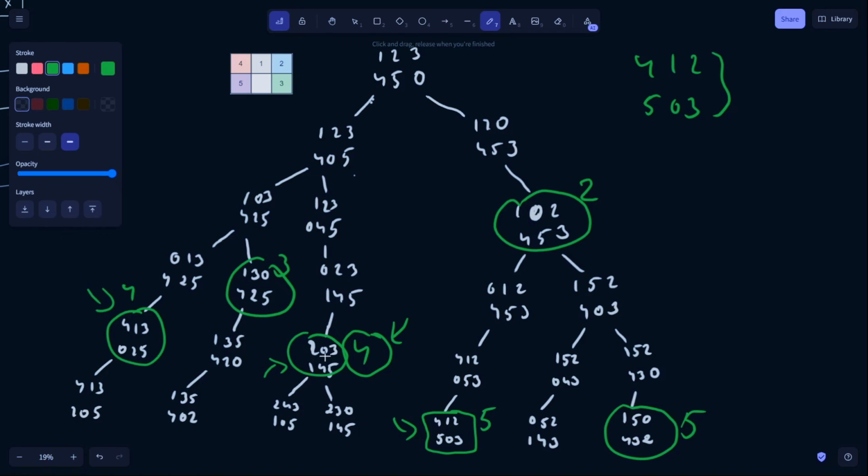This board is in level 4, so the answer is 4 for this one. If we're given this one, we can say it only needs one move to reach the solved state. So that is basically how we do it. Now, instead of starting from this board and going down the tree to find the solved one,